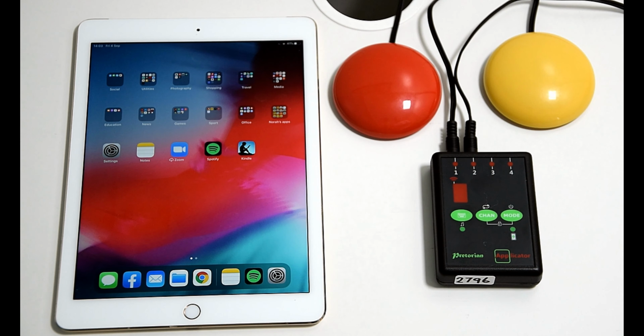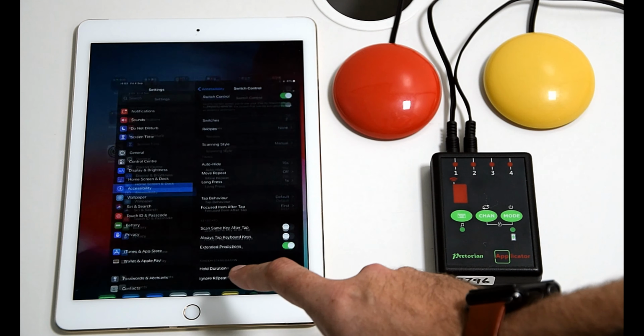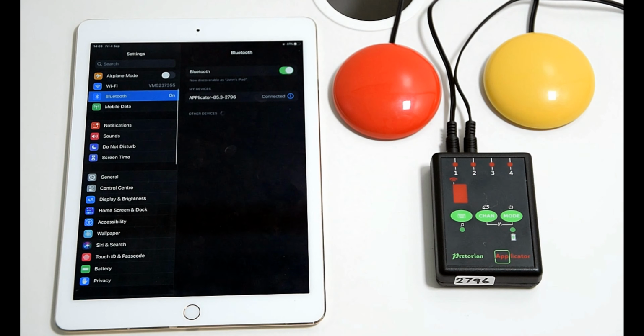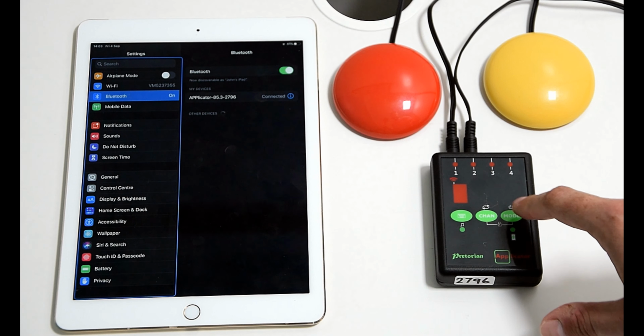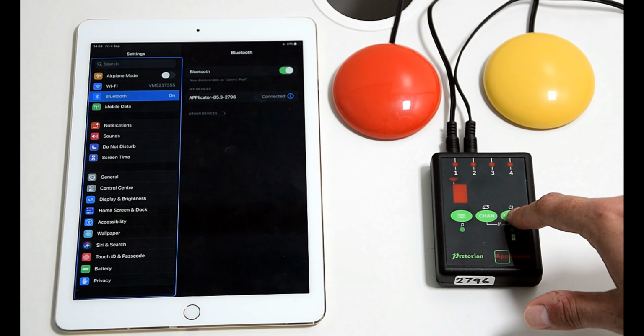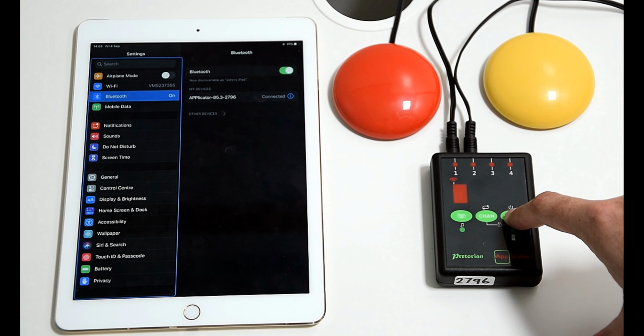So what we added was a standby mode, a mode where it would go into sleep, so to speak, and everything that was set up prior to it going to sleep would stay the same. So to evidence that, I'm going to show you it in the Bluetooth menu having gone off. So if we just go to the Bluetooth menu there, we're still connected, and this sort of standby button here on the right, if I was to hold that down